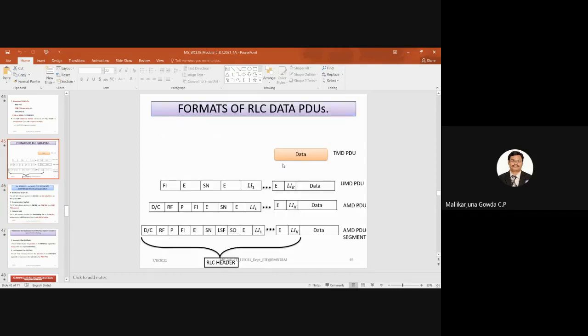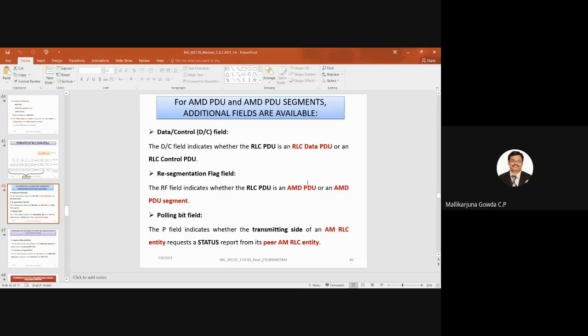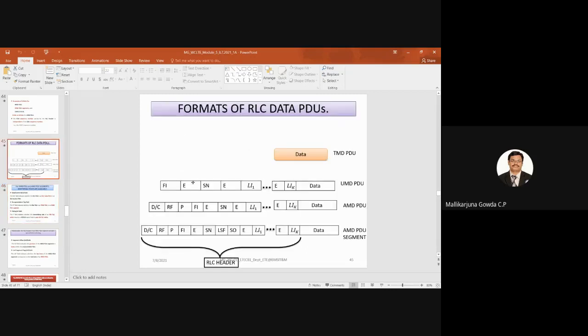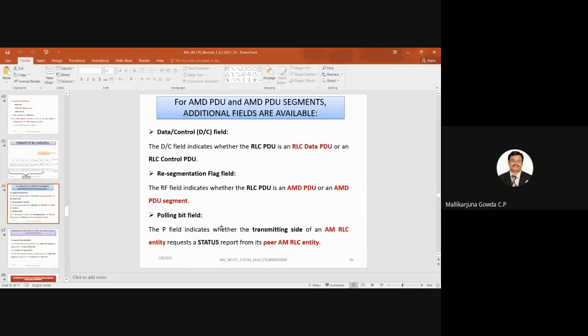This is about the TMD PDU and UMD PDU. For AMD PDU and AMD PDU segment, there are some additional fields, right? Compared to FI, E, SN, which I discussed just now. So D/C is the data control field. The D/C field indicates whether the RLC PDU is an RLC data PDU or an RLC control PDU.